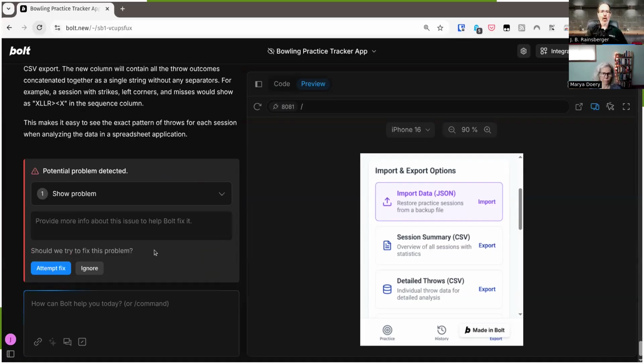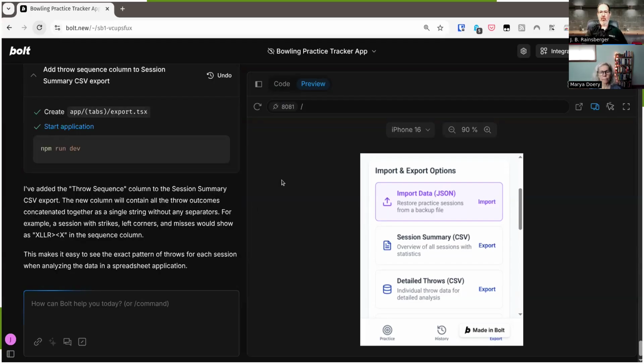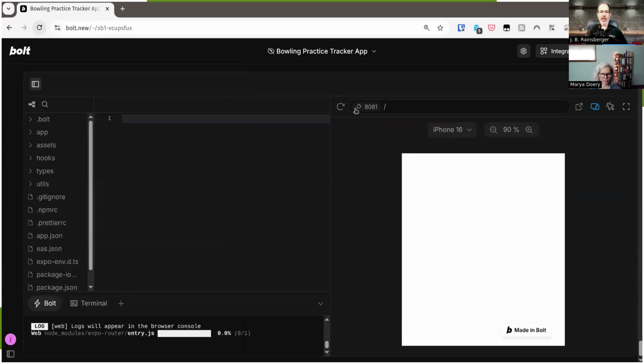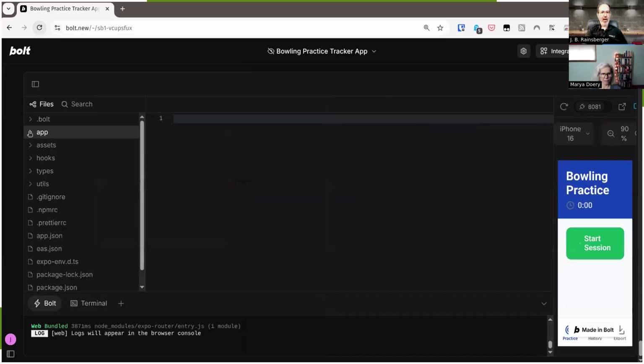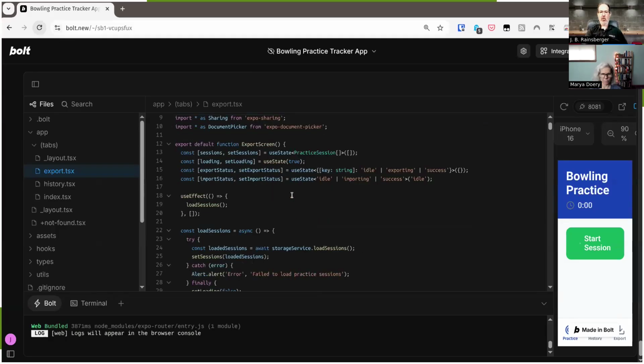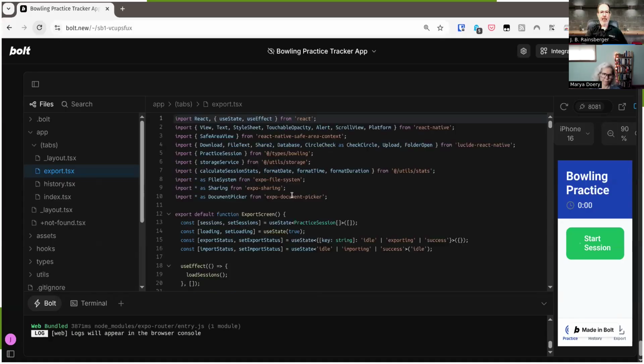So we can't test this. So there's two things that we can do. One of them is build the app and run it on the phone and see what happens. And that's boring, so people aren't going to watch that. But in the meantime, we can take a look at the code and see what it did. So let's just move the preview out of the way. And by now we know that what we're looking at is the export tab. And can we just sort of quickly glean that it did something? So it talked about changing something called generateCSV.